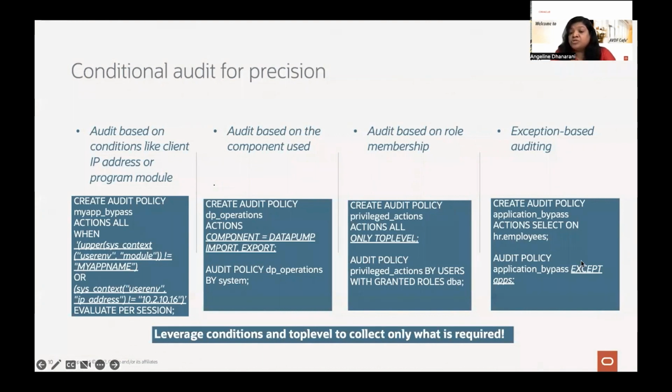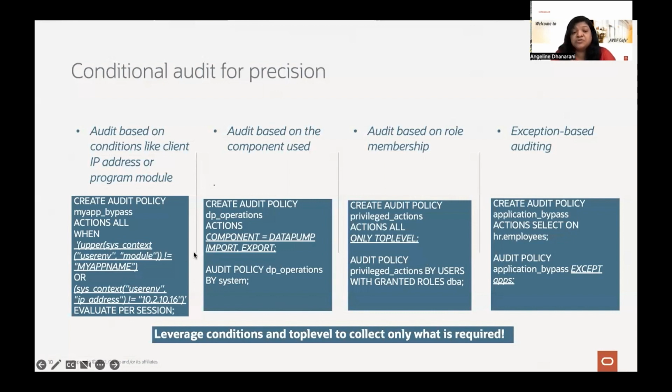Or if you want to audit everyone except a particular kind of user, you have an EXCEPT clause where you can provide that. So with such configurations, the benefit is you can create very precise audit policies to audit just what you need in the database.